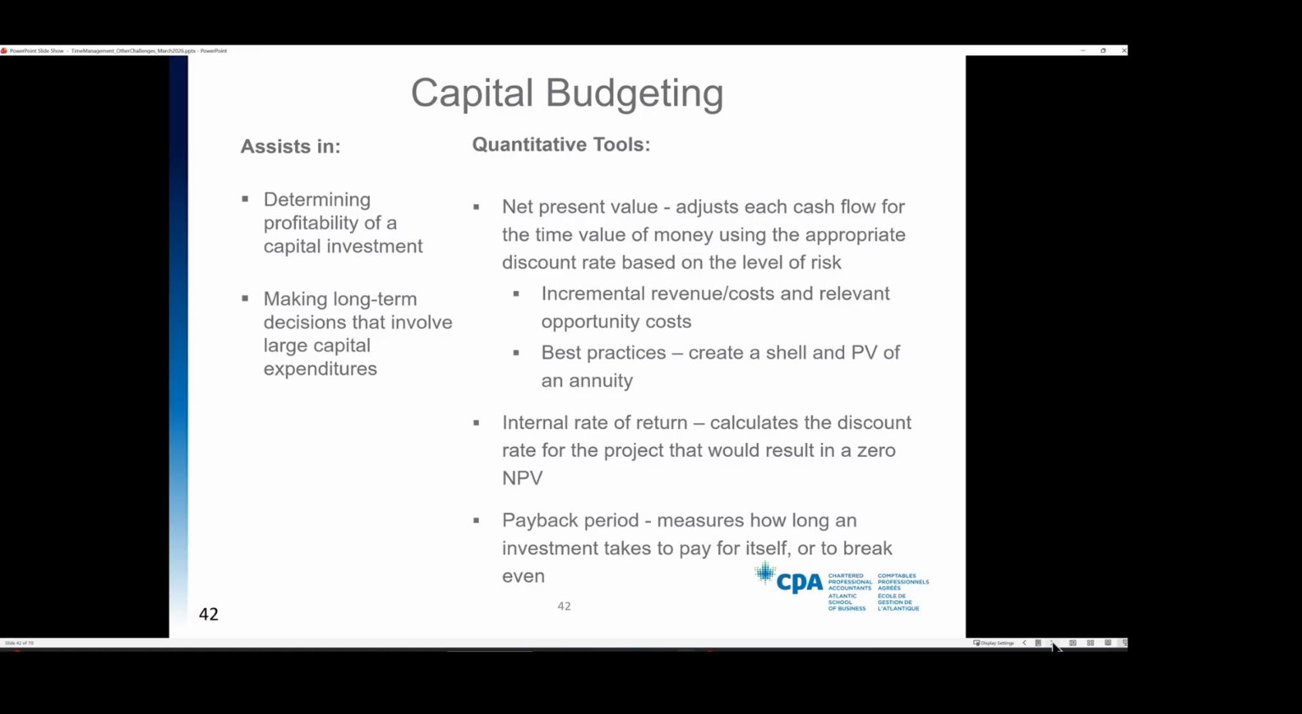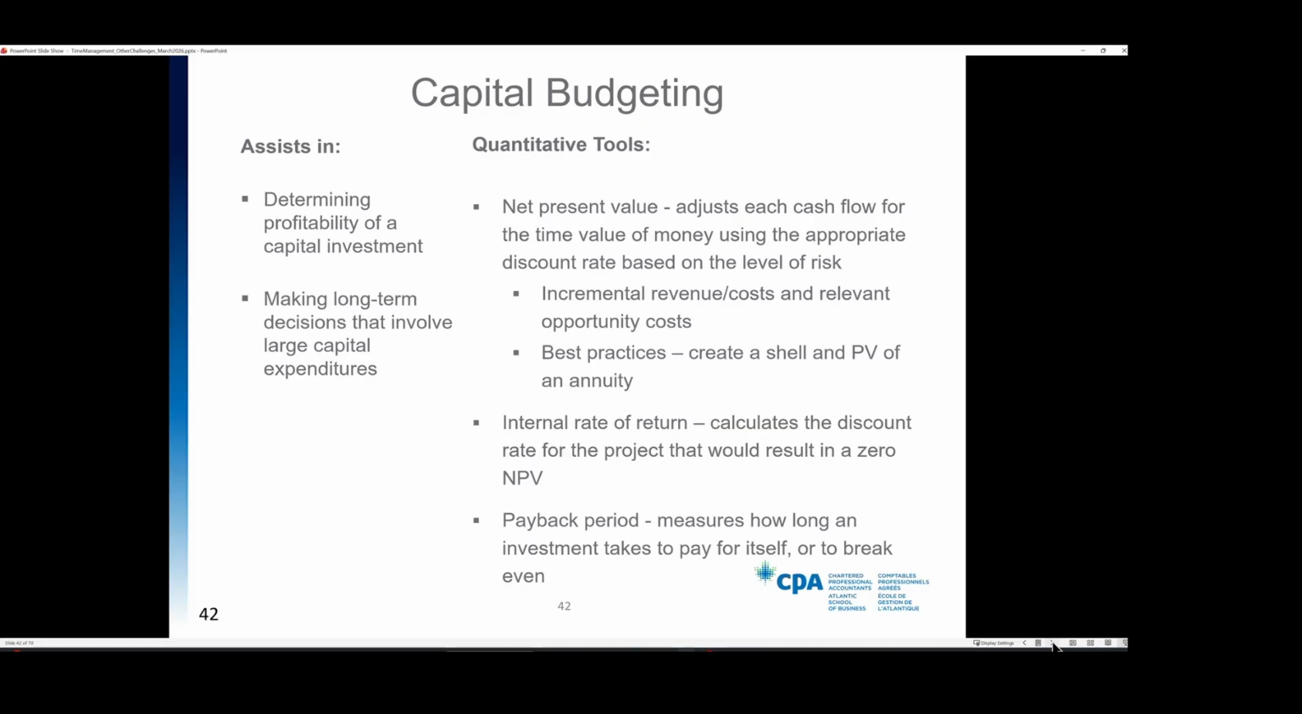Now, I want to highlight a few important things. If you're looking at opening a new division, when you're looking at your cash flow to determine your net present value, you only consider the incremental revenue and the incremental costs. You're not going to include the sales of the existing division. Only include